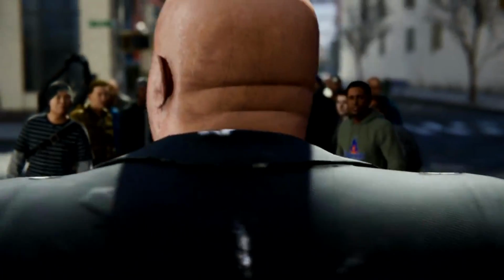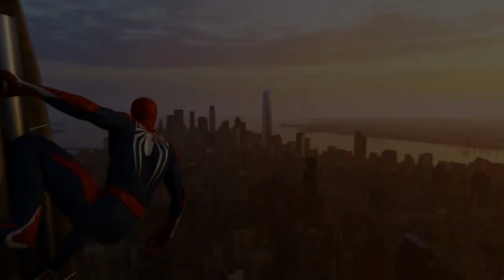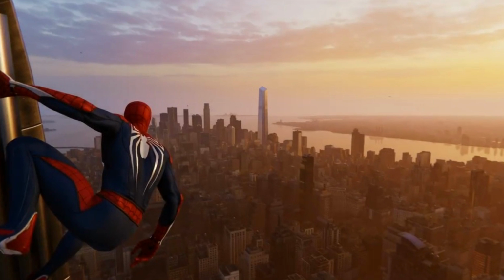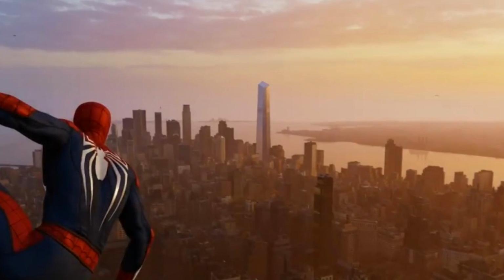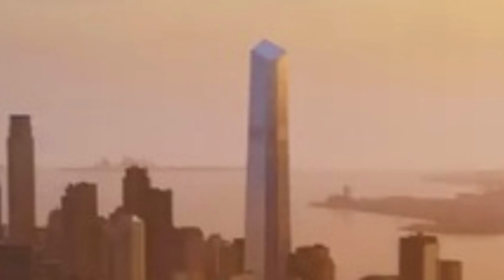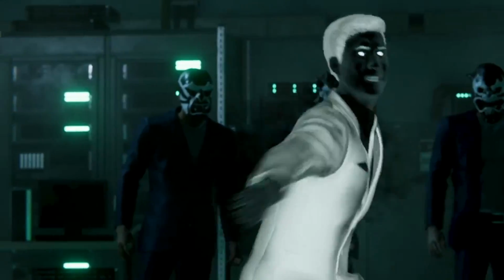Second off, you may have noticed one shot in the trailer where Spider-Man is looking out over the city, and you see this awesome shot of the entirety of Manhattan. It looks beautiful. The shoreline looks gorgeous. The skyline looks beautiful. But the building on the far right side of the city is what we thought was the Freedom Tower, the One World Trade Center, which is a real-life building in New York City. And in the 2016 trailer, in the 2017 trailer, and even in the 2018 demo, we've seen this building throughout